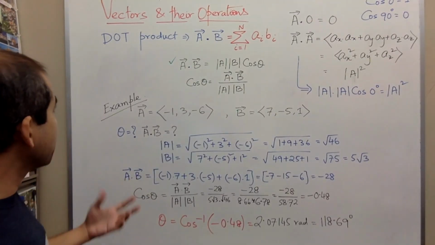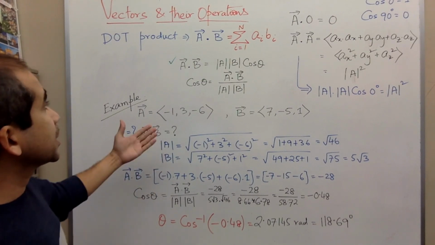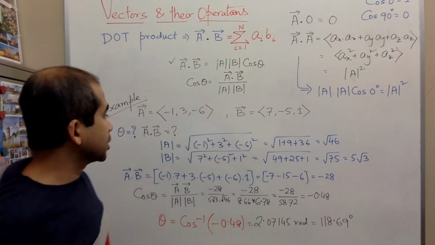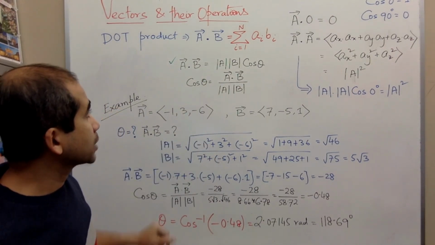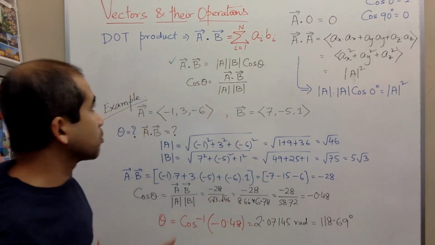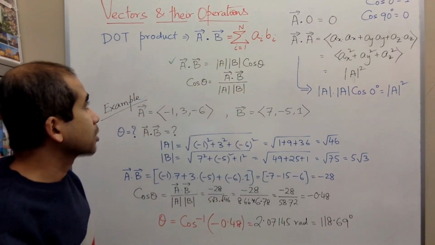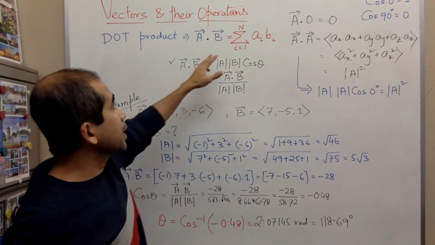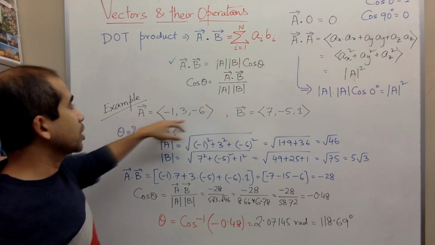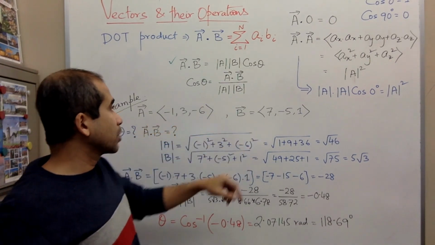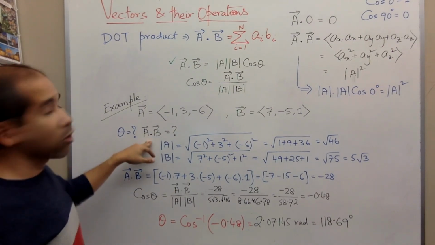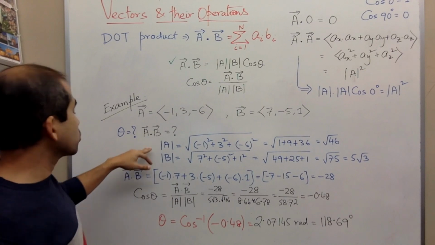Here we see an example of dot product. We have already seen that a dot b will be mod a times mod b times cos theta, and we can also calculate their dot product by multiplying the corresponding items of the two vectors and then summing them up. So we have a vector a with 3 components x, y, z, and a vector b with 3 components. Now we want to calculate the angle between them, theta, and the dot product of the two vectors. So first we calculate the